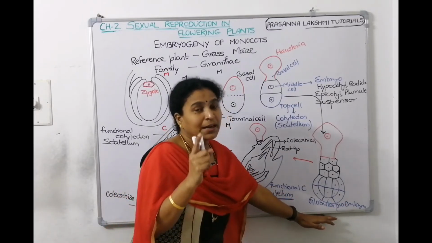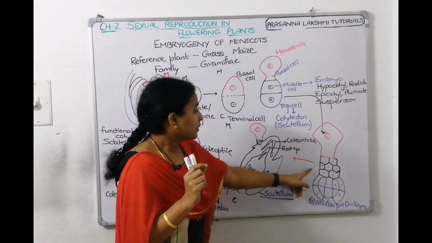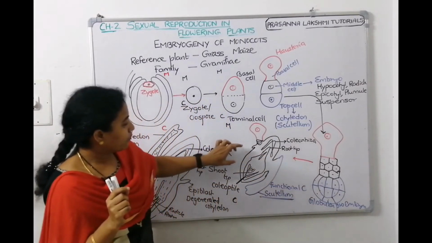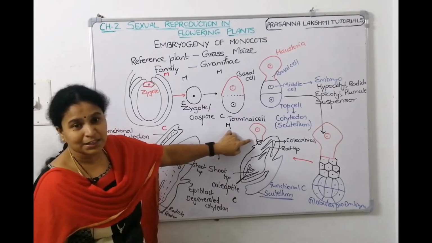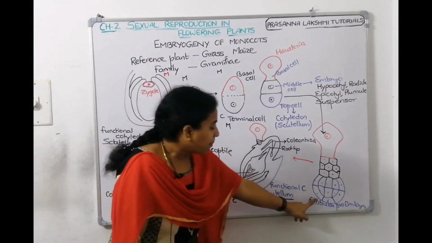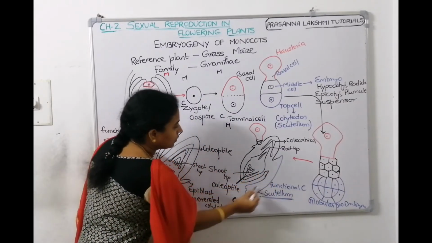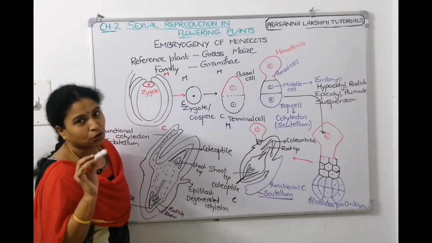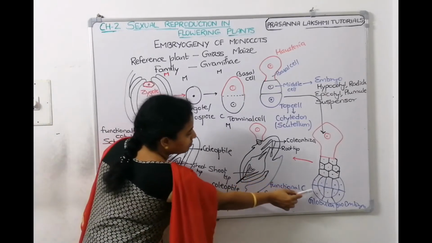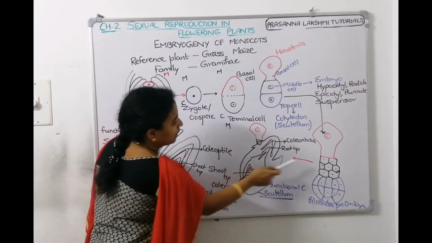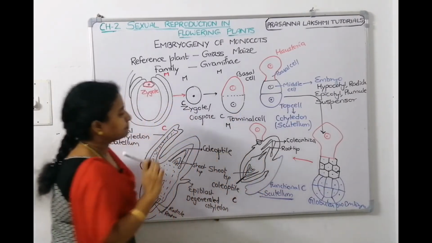Till here, the dicot embryo and monocot embryo resemble the same. Then next, this middle cell will make the embryo we told. So the embryo is like this. It will make the suspensors we told. These are the suspensors. And this part makes the functional scutellum. Here is the functional scutellum. I have differentiated with colors also so that it will be easy for you to understand. So this blue color came from this blue colored part. Black colored one came from the middle cell. The red colored one came from the basal cell.